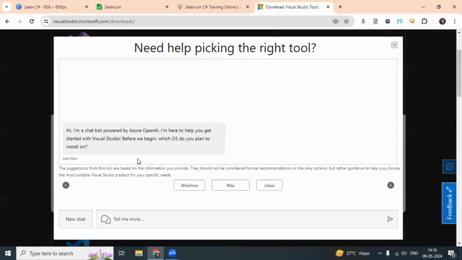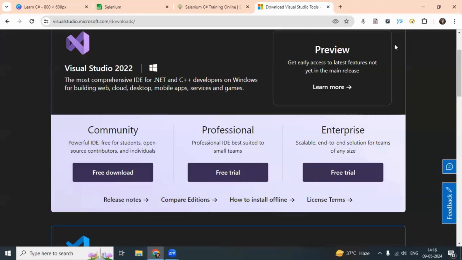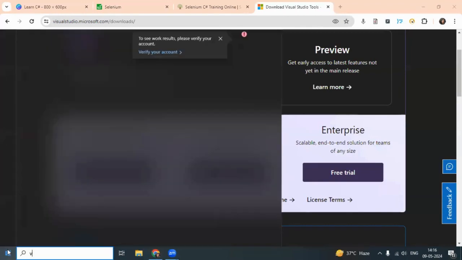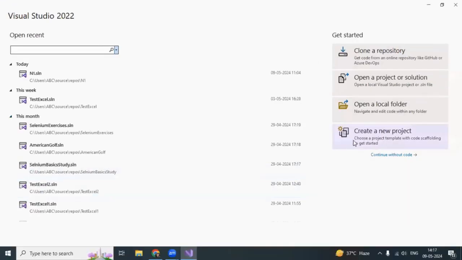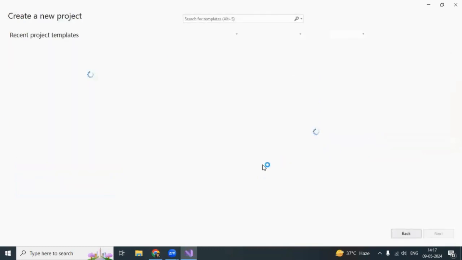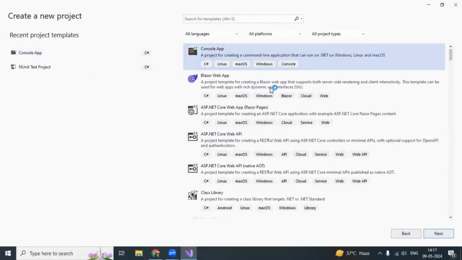I already installed it in my computer, so I will go to Visual Studio 2022, the latest. Okay, now I will create a new project,